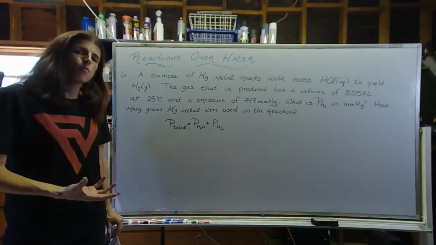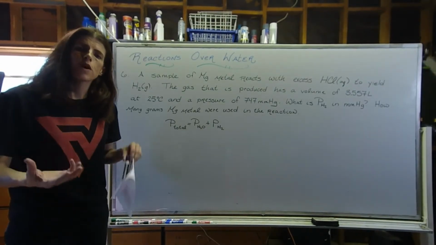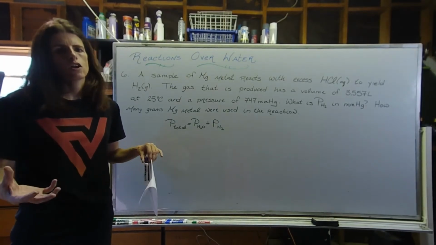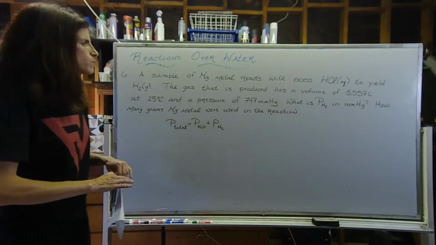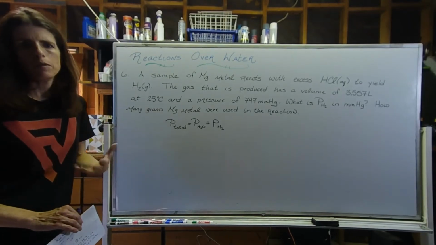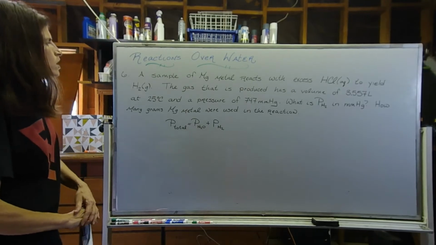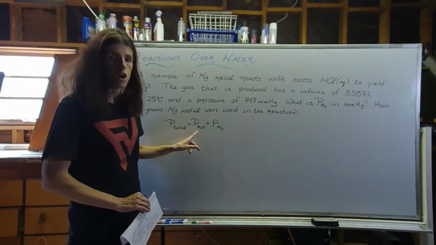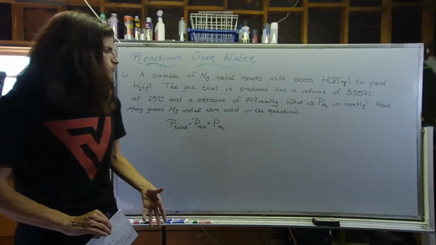Alrighty, so we're going to take a couple minutes to discuss how we account for the vapor pressure of water when we're looking at a reaction that occurs in the presence of aqueous reactants or aqueous products. So I call this section reactions over water, but it's super common. Most of the stuff that we work with in the lab is aqueous. So when you're trying to figure out the partial pressure of the water, there's tables, they're readily available online, and